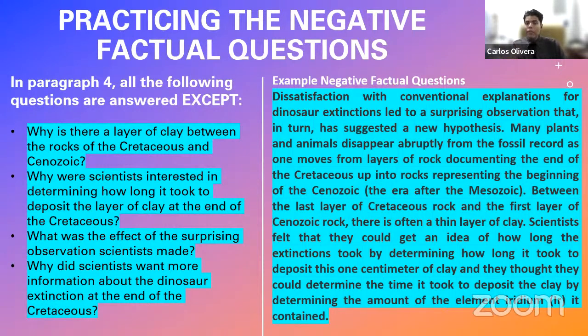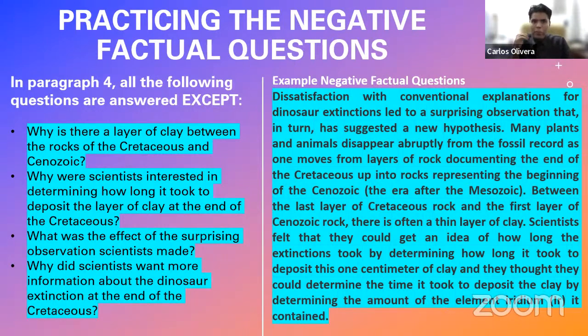For example, this option is mentioned, therefore it's not the correct answer, because it is mentioned in the paragraph. There is something explaining the reason or talking about that topic, so it is not the correct answer. Nevertheless, coming back to our first response, there is not a single sentence talking about why there is a layer of clay. It never explains that. It just talks about the benefits of that layer, how to measure it, why they were interested, but never mentions the cause of that. Never. So that is the correct answer, because it talks about everything except that.